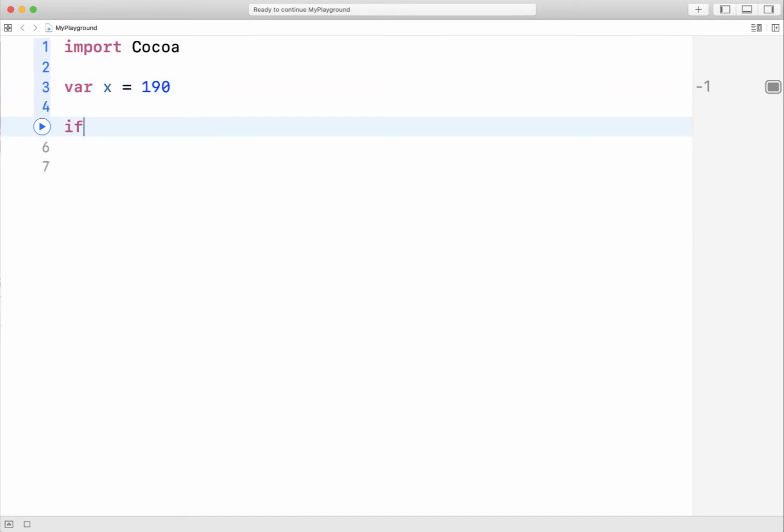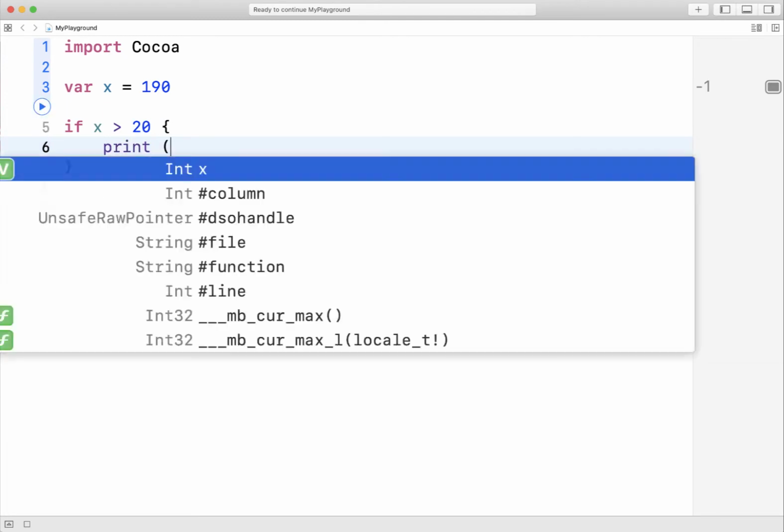and we're going to check to see if x is equal or greater than 20. If so, then print